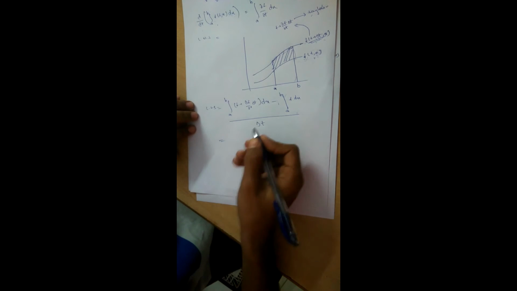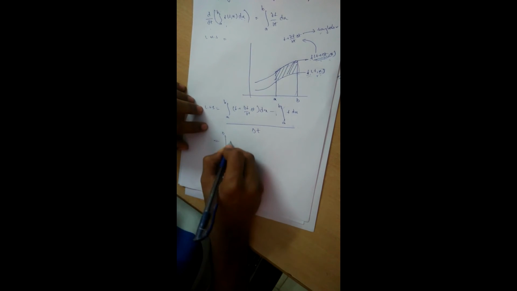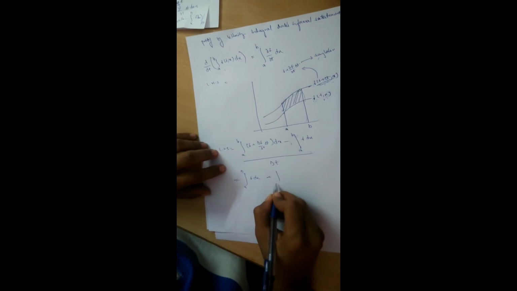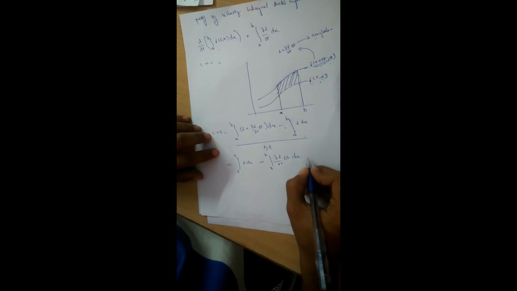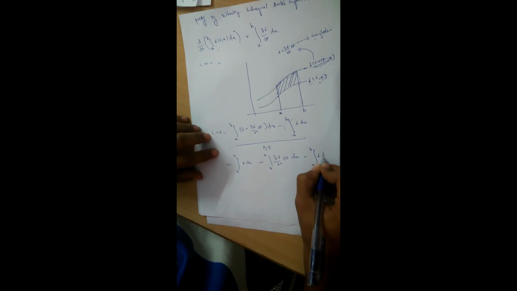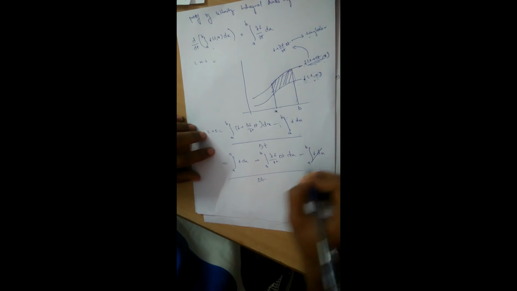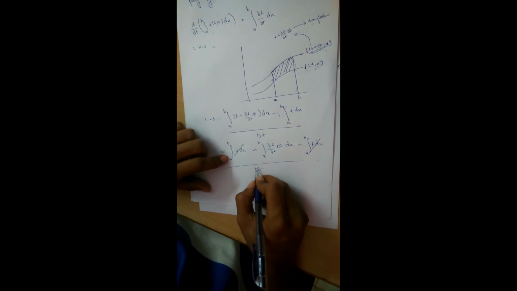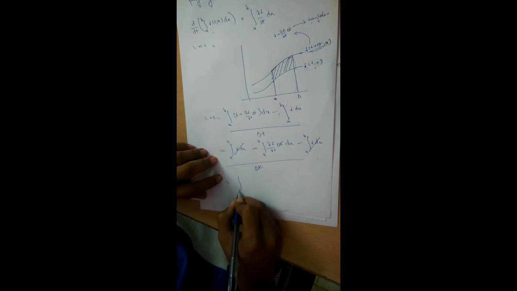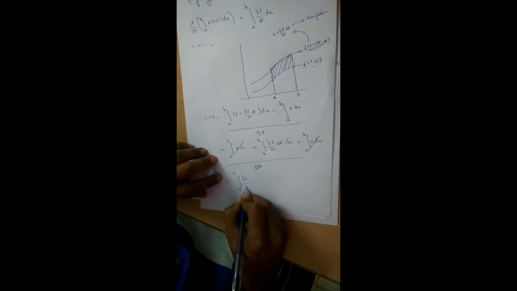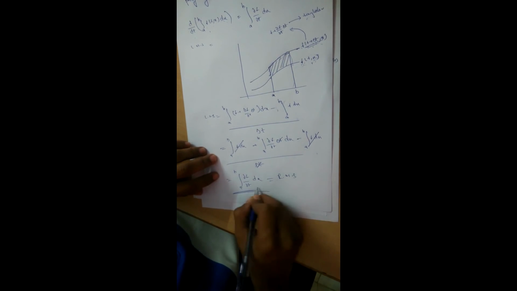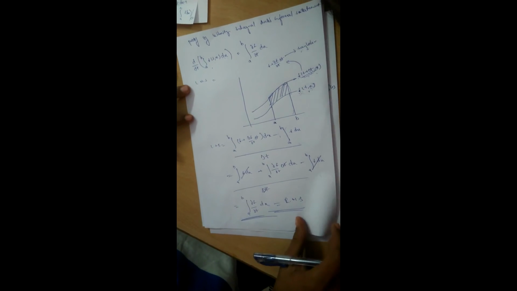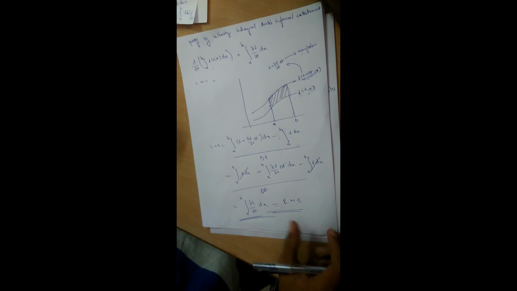So this can be written as the integral of a to b of f dx plus the integral of a to b of ∂f/∂t Δt dx minus the integral of a to b of f dx, all divided by Δt. We can see that these two terms get cancelled, and we can cancel Δt, and finally we get the integral of a to b of ∂f/∂t dx. This is the final RHS which we had to prove, and finally we have proved the Leibniz informal statement. This is the proof of the Leibniz informal statement. Now let's see the proof of the Leibniz formal statement.